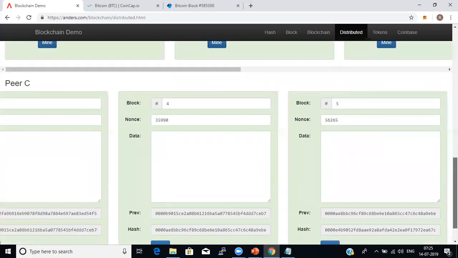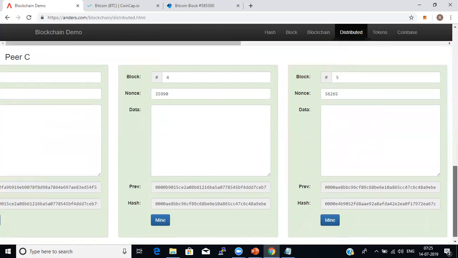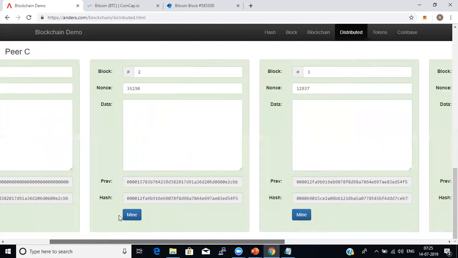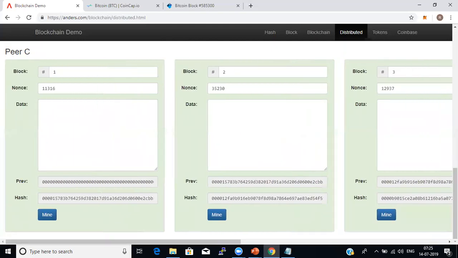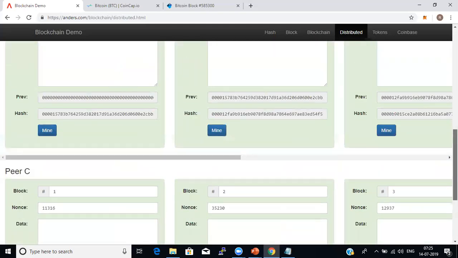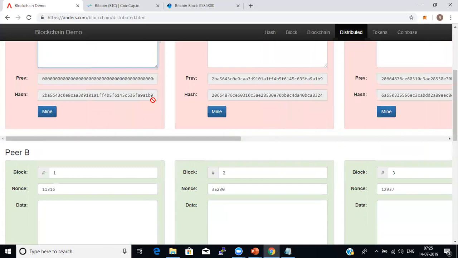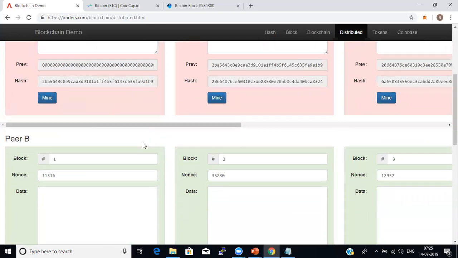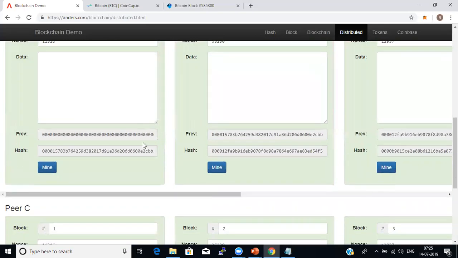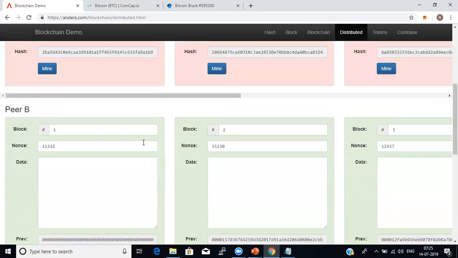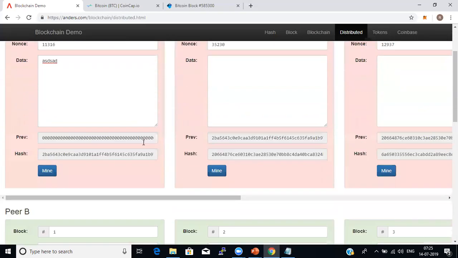Whatever block hash codes are different in the network will be converted to a red mark, just for our understanding. So you understand the first block hash code was 1B9 in peer A. What about in peer B? It is 2CBB, and it is 2CBB in C also. So it will be easy to understand that